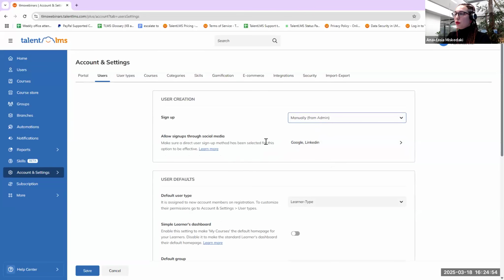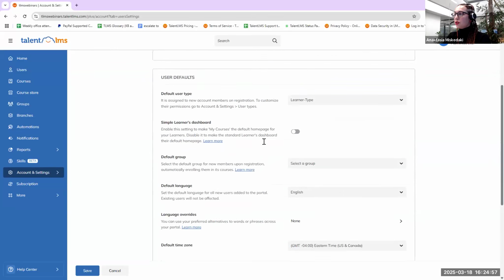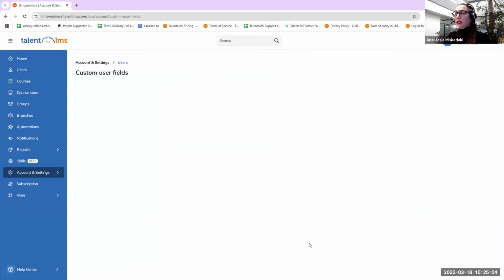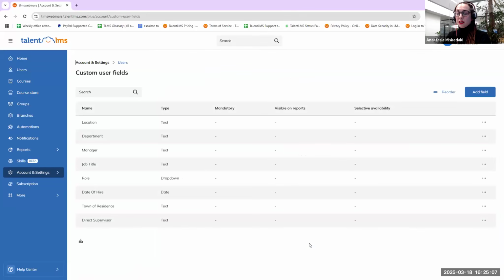And since we are on the topic of user creation, let's scroll all the way down on the users tab and find the custom user fields. Now, here, the custom user fields are available for you if you would like to add more information, apart from the first name, last name, username, email address, and the password, in the profiles of the users. So here, as you can see, we can create custom user fields about the location, departments, job title, and they are very easy to